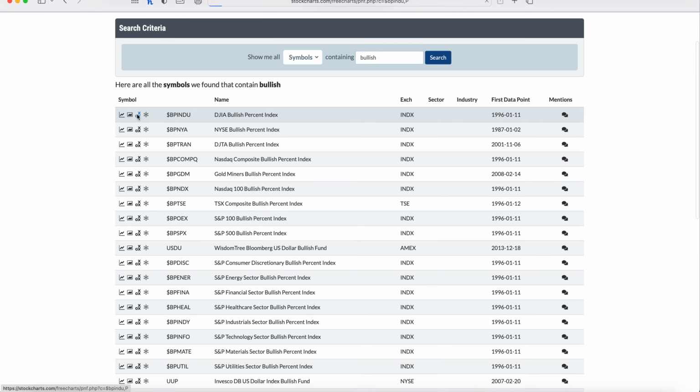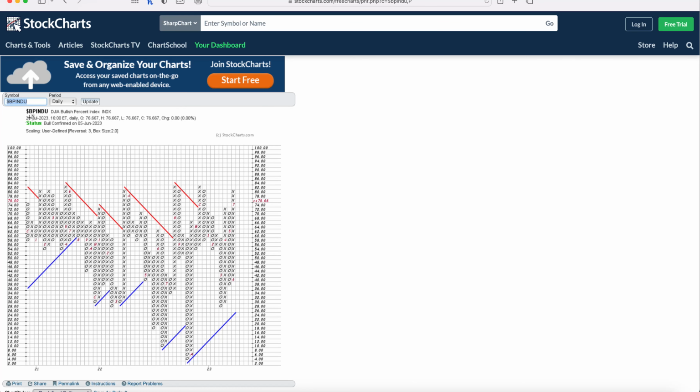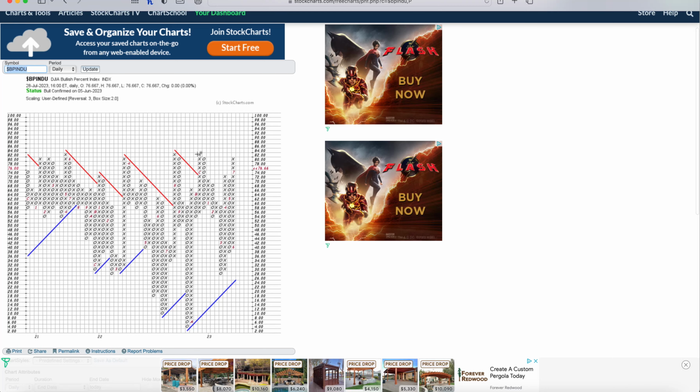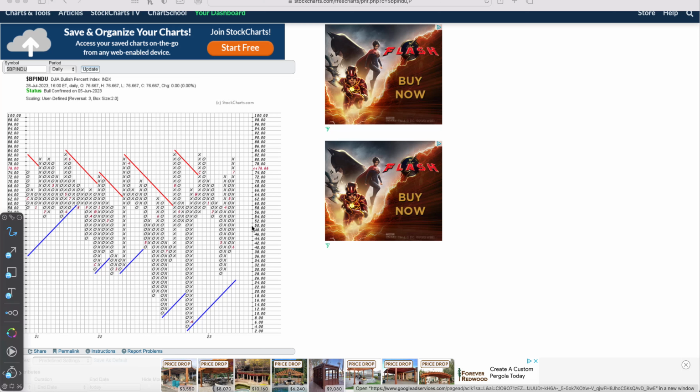And so we'll look at the Dow here, and this is the Dow Jones Industrial Average bullish percent index. There's 30 stocks in the Dow, and this is telling you that as of right now, 76.66%, which is that pink number right there, of stocks in the Dow are on a point and figure buy signal. Now, the definition of a point and figure buy signal is this: a column of X's was there, and